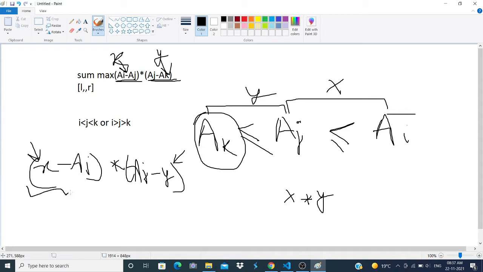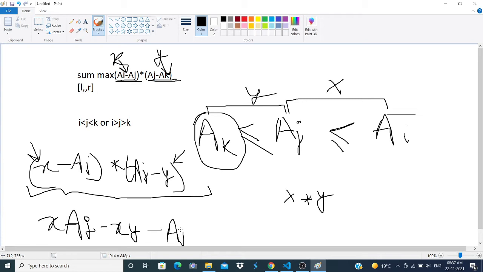So let us first simplify it and then differentiate. It will turn out to be X into AJ, minus X into Y, minus AJ square, plus Y into AJ.